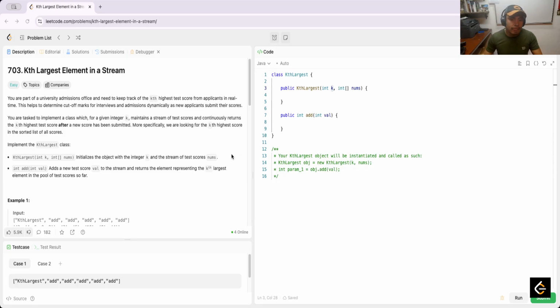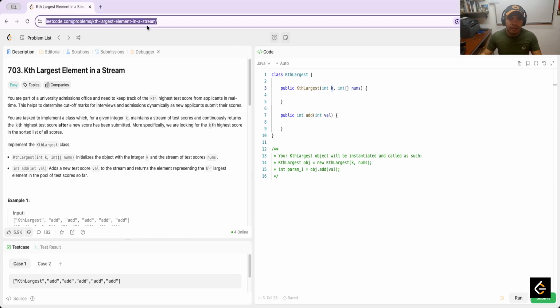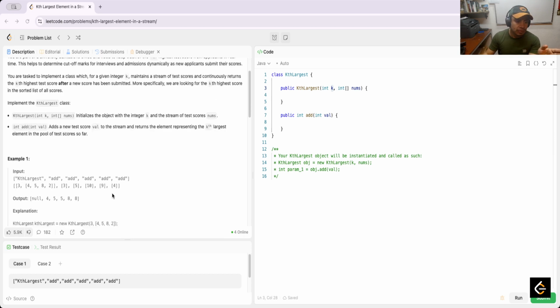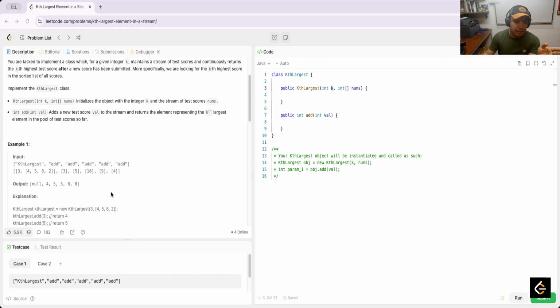Okay, yeah. Well, in essential, this is the problem. I will share again here, and this is the problem. We need to only add the scores and always have the Kth largest or highest score in this. Well, for this problem, I think it is very clear that we need to use